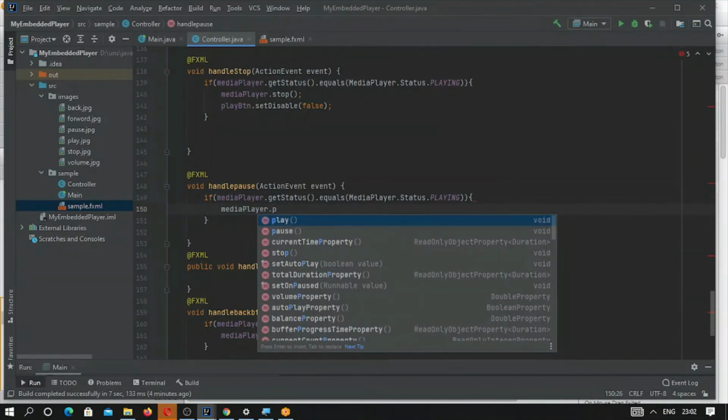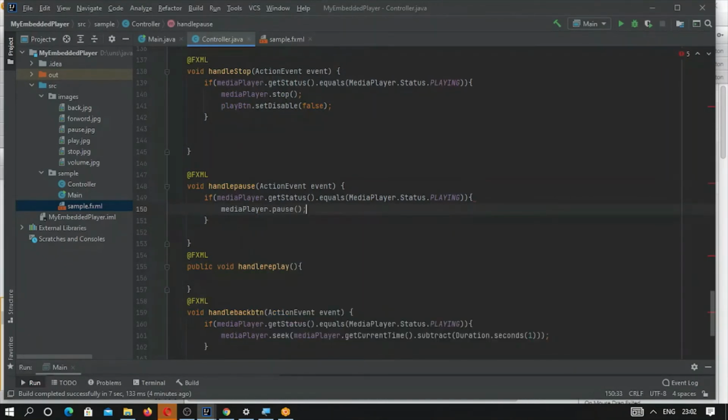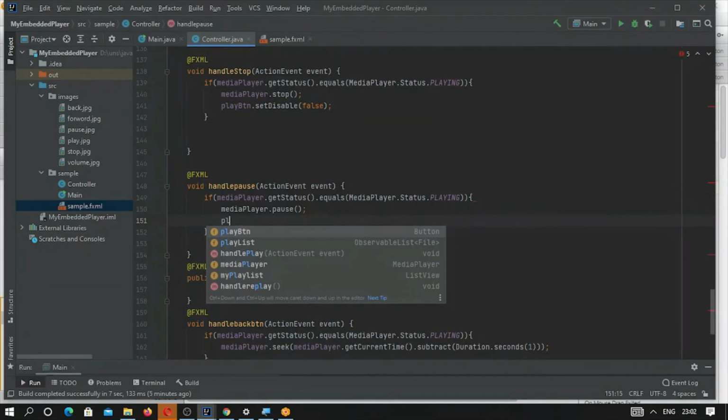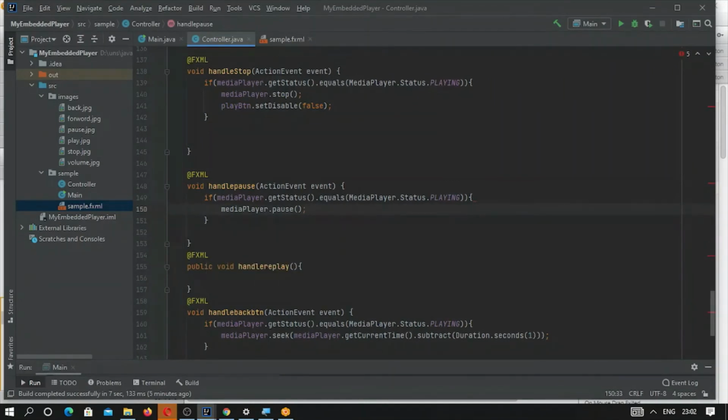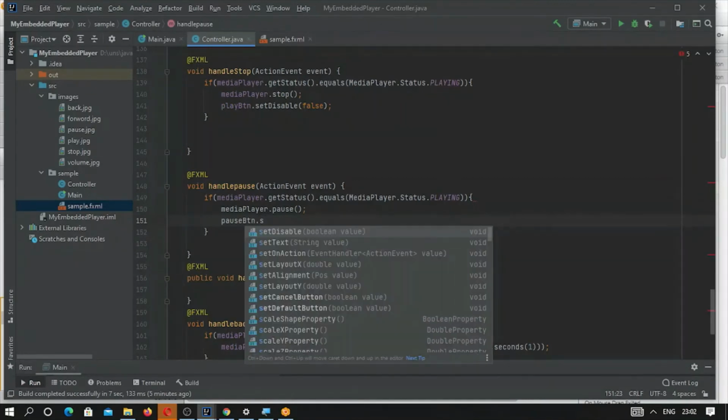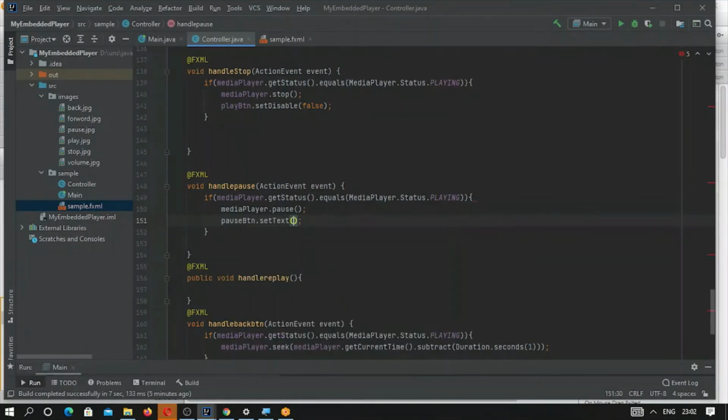Yes, and after that, the pause button should set its text to resume, because after some time we want to play.